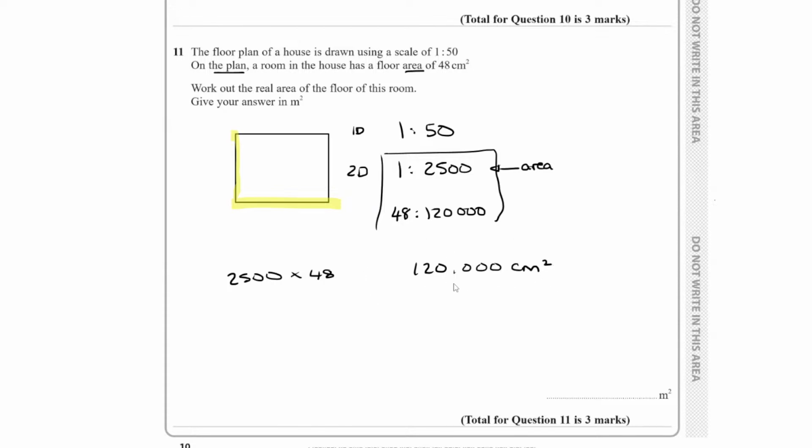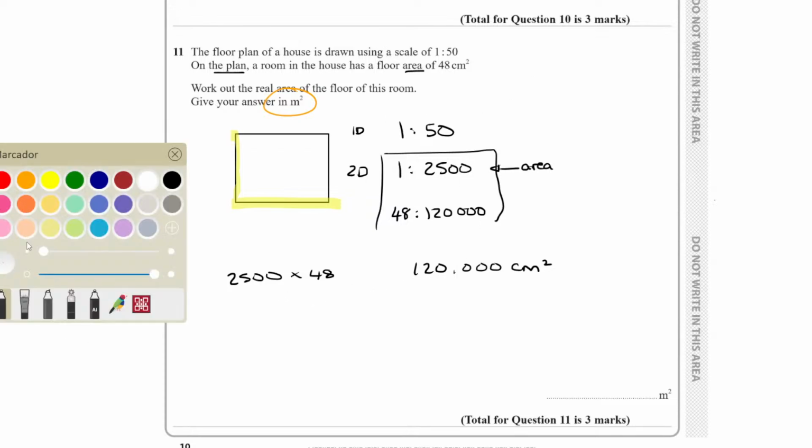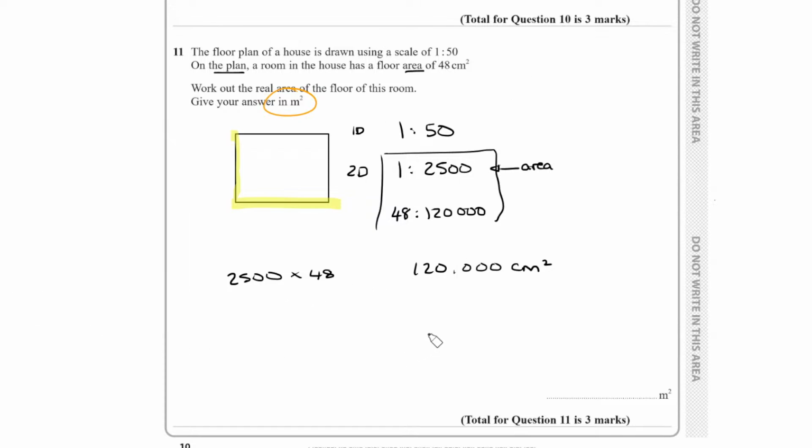So that's the real area of the room, but they wanted their answer in meters squared. So we've also now got to convert that. You can forget about the ratio now. This is one of the conversions they're expecting you to know, as in centimeters squared into meters squared. So I would just memorize it if you can. But if you've not memorized it, the way I kind of figure it out is,